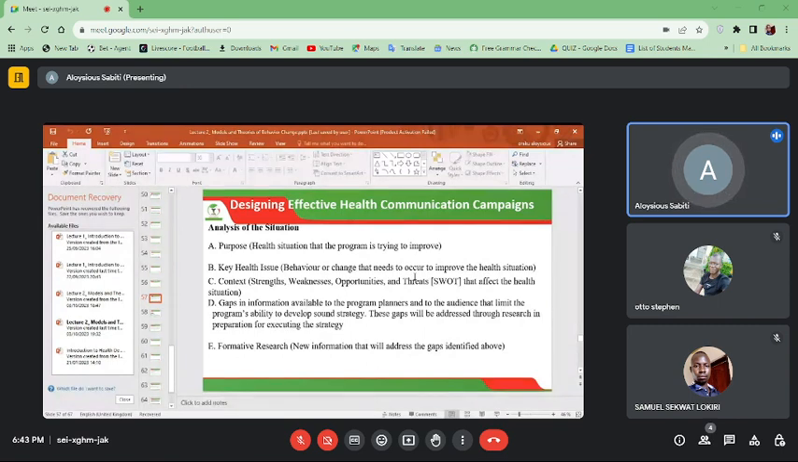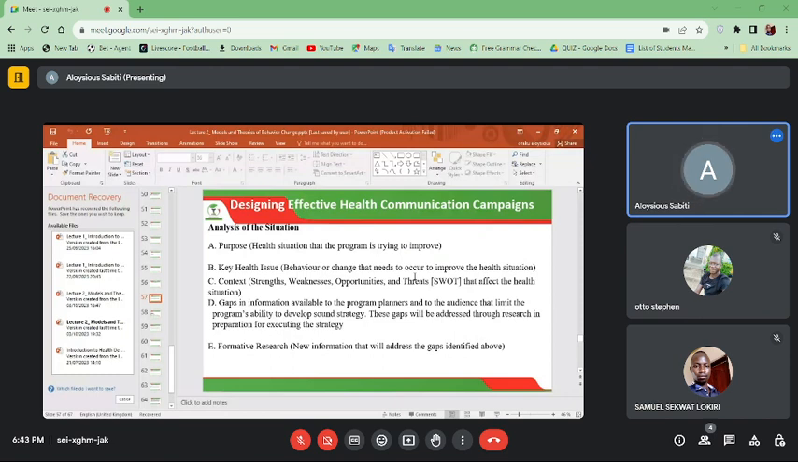Behavior or change that needs to occur to improve the health situation. That individuals change their behavior through using condoms, through having abstinence, through being able to do testing. So the health issue is that individuals do not use protection, or they do not use condoms, or they do not do HIV testing, so they don't have their test results, or they do not know